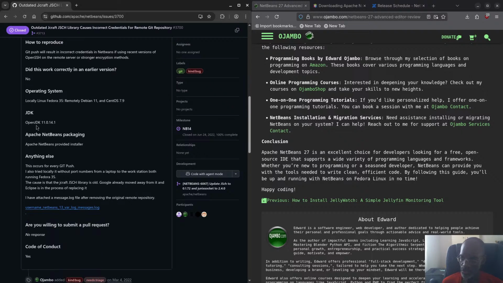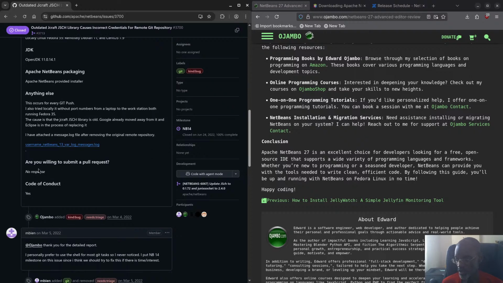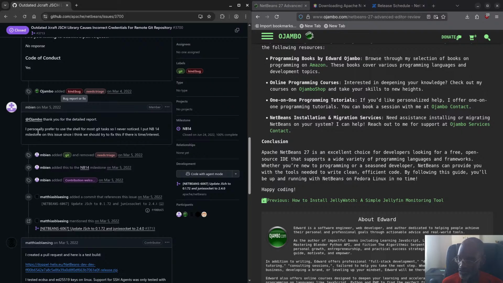And my operating system, you see, I was still using OpenJDK even back then, 11.0.14.1. So I explained this, and then you can see the name there, Jumbo, so you can know it's me. And you see here some of the code, the username is mbn. He says he personally prefers to use shell, but he put it up for the NetBeans